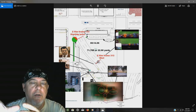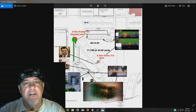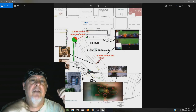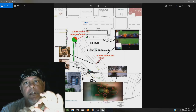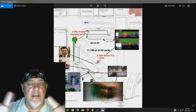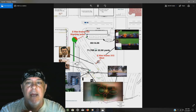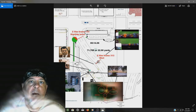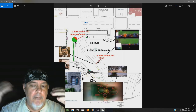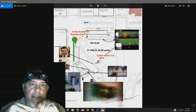Which I'm going to show you, and which I actually show in my book, Evidence of Conspiracy. That was a bullet that exited JFK's throat and struck the chrome of the windshield, and then that bullet fell in the front seat there. That's the only bullet they actually found inside the limo itself, but all the rest of it was bullet fragments. Same thing for JFK. When he had the fatal headshot, all they found was bullet fragments all through his head on the inside, and bullet fragments all over the back seat,